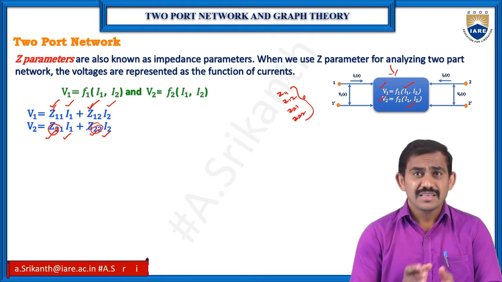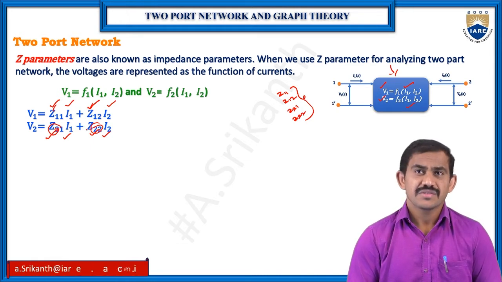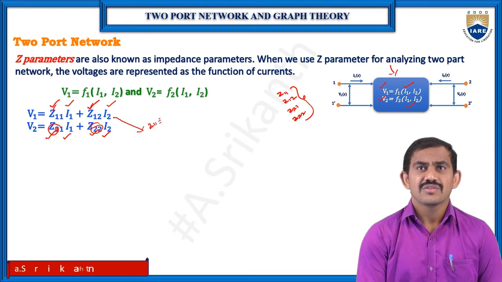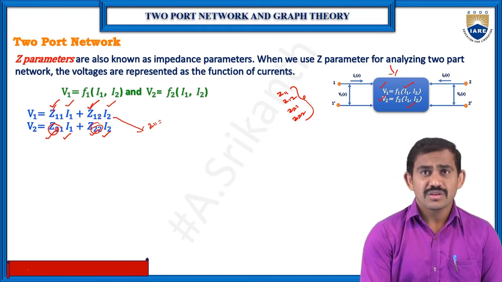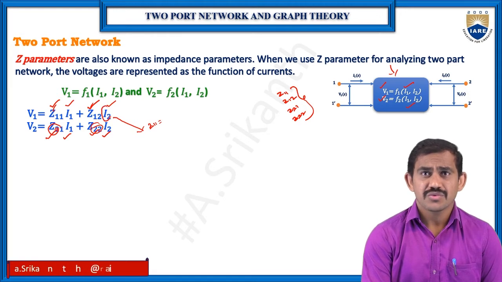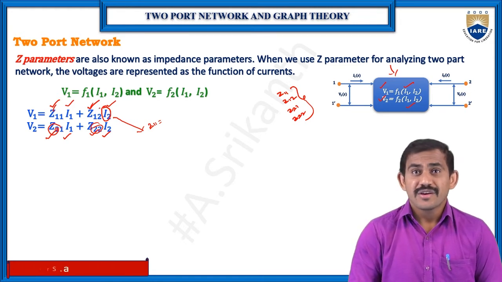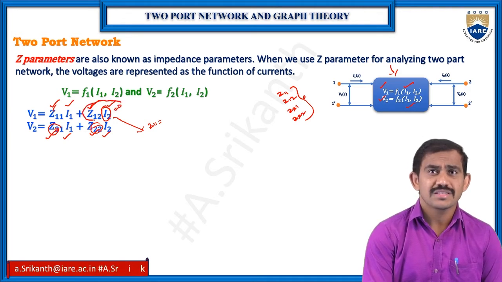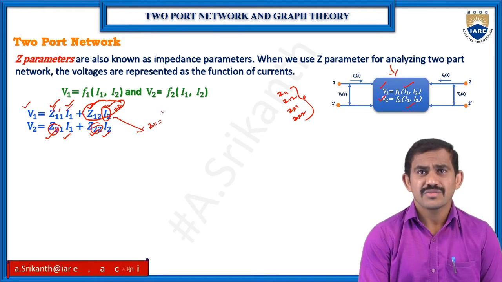Okay. So using this equation, I want only the primary Z11 value. For that we use some short-circuit or open-circuit conditions. If the I2 value is 0, it means the secondary side is open, and then you can find the Z11 value. I2 is 0, so this term is 0, and Z11 is equal to V1 by I1. So V1 by I1 is your Z11 value.